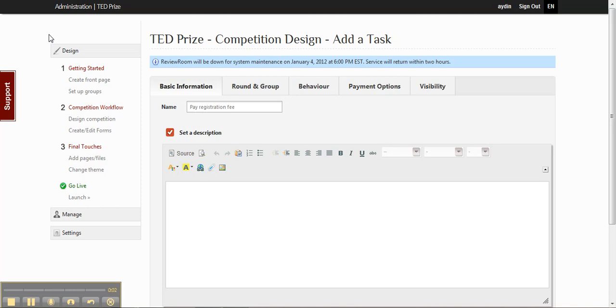Today we're going to be talking about the competition designer, and we're going to finish up the last tutorial section that we started. So in the last section we left off essentially working on adding a payment task. So here I put the information for this task, pay registration fee, and now what I have to do is